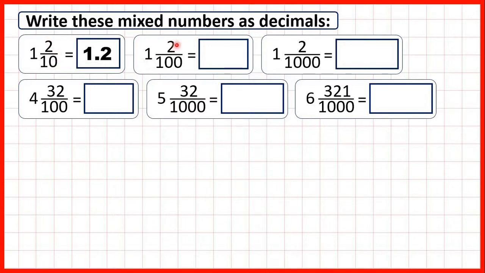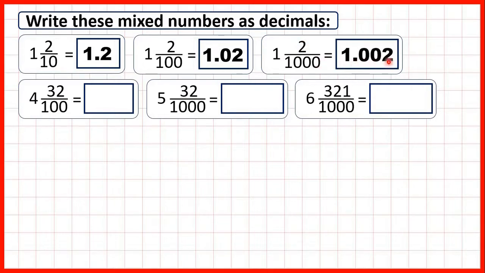Now, 1 and 2 hundredths is written as 1.02. That's because the second digit after the decimal point is the hundredths digit, and we have 2 hundredths. That means we need a 0 in our tenths to make it clear that we're writing the 2 in the hundredths place value column. Now, 1 and 2 thousandths is